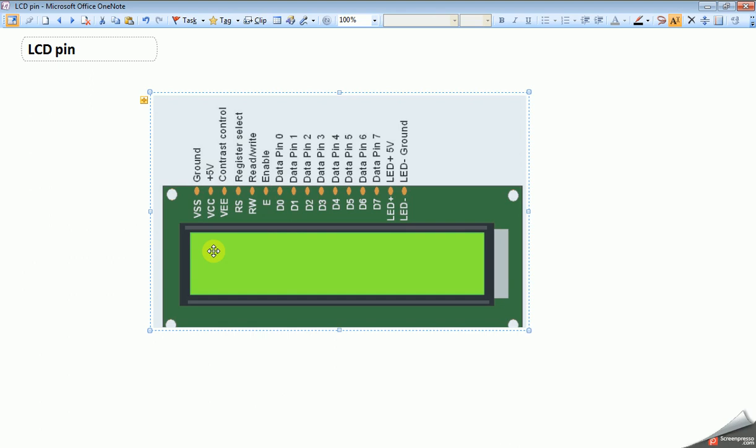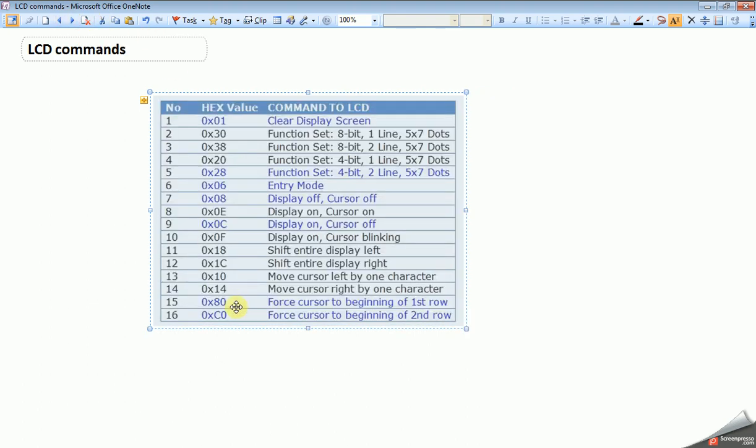To display in the first row, we need to send the first row command, that is 0x80, as you see here, to LCD. Then we have to send our original data character, that is capital A, to LCD. Here capital A is data and 0x80 is command.